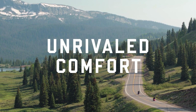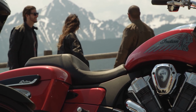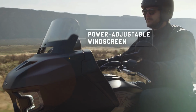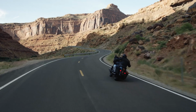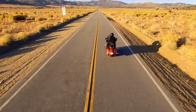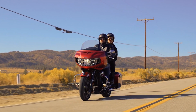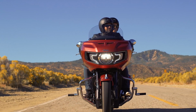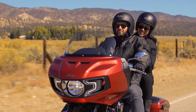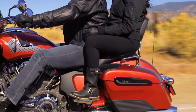Now, because touring riders do a ton of miles, it really isn't on their agenda to pause for an expensive dealer valve clearance adjustment at the halfway point of their journey, so Indian have designed the new PowerPlus to use hydraulic lifters, eliminating the need for those pesky valve adjustments. Even with liquid cooling, the PowerPlus offers rear cylinder deactivation at stops to further reduce heat from the exhaust header beneath the rider. Top speed of the bike is restricted at 112 miles per hour or 180 kilometers per hour,